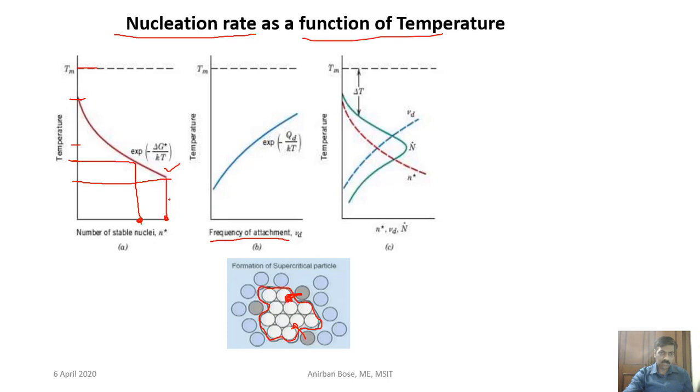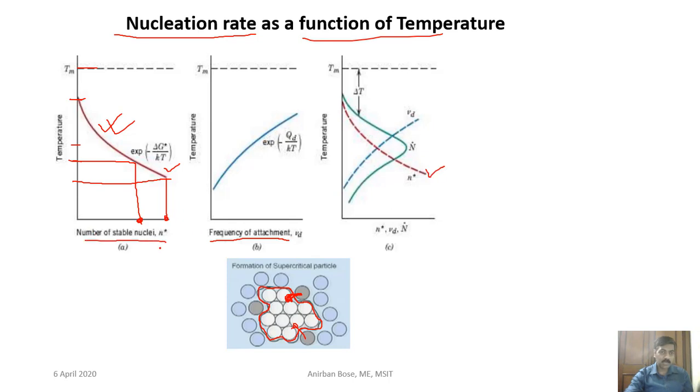So two opposite phenomena here you can see. So frequency of attachment will gradually increase if the temperature increases. Okay, but definitely dominating part is this one up to a certain range, because if you plot both these cases,